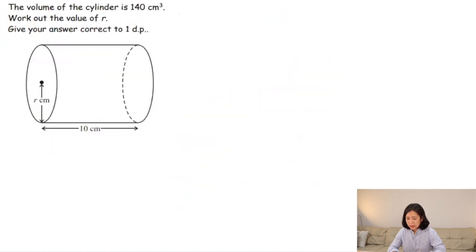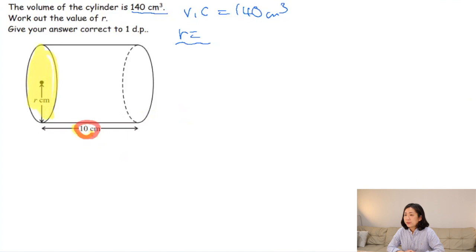Now move on to the next question. Here, in this question we've got a missing value, but we've got a volume already. So using the volume, we need to trace back our missing value. The r, the radius of the base, is missing, right? So let's identify our base, then identify the height. Then we need to times the area of the circle, and then times the height, 10. So now let's find the yellow part: pi r squared, then times 10, is